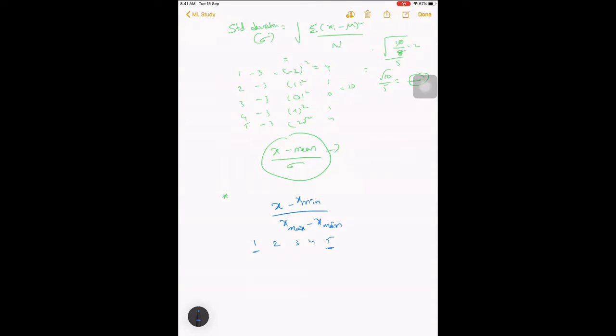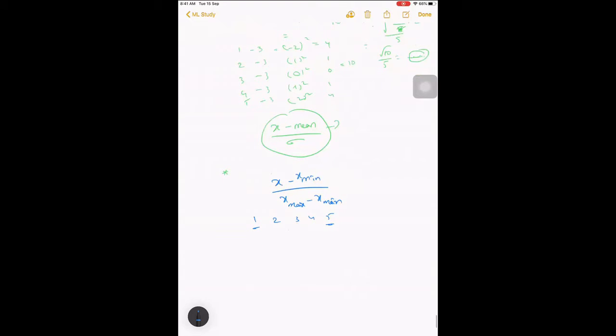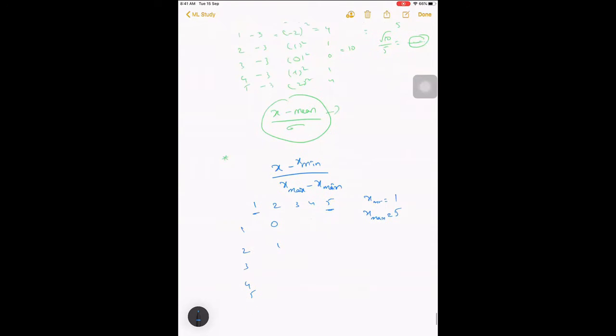5, right? X min is 1, x max is 5. So now I'm subtracting the minimum value 1 from each: 0, 1, 2, 3, 4, and now divide by max minus min, which is 4.